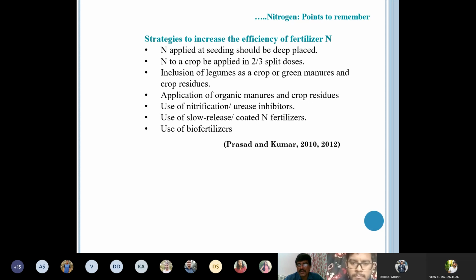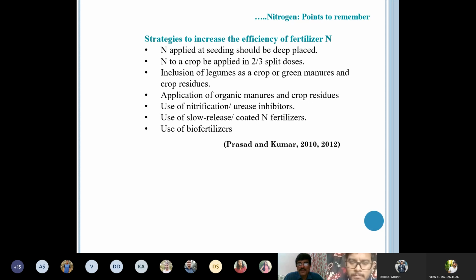And then the main points for improving the use efficiency of nitrogen, particularly of fertilizer. Today, our lecture was directed more towards fertilizer. We just ignored the organic sources of nutrients, because not much work has been done on use efficiency of nutrients from different organic sources. Such work has mostly been on fertilizers. So therefore, today we are dealing with the nutrient use efficiency of fertilizers.